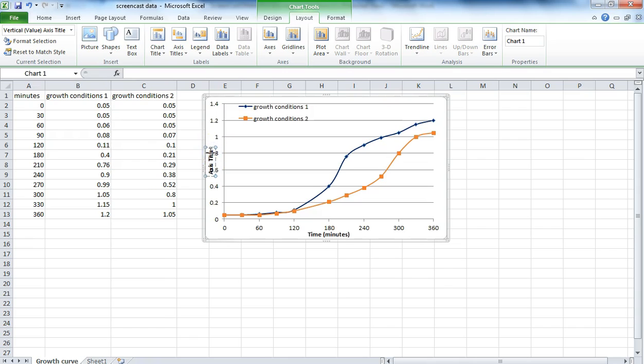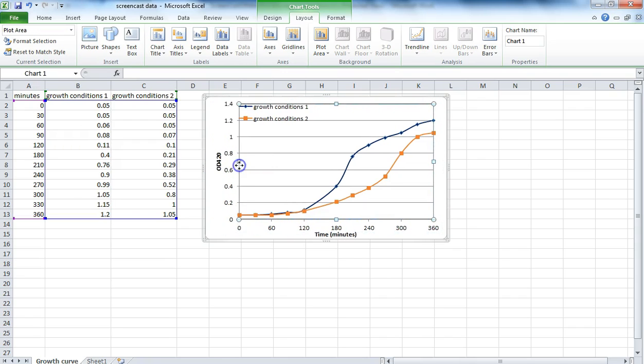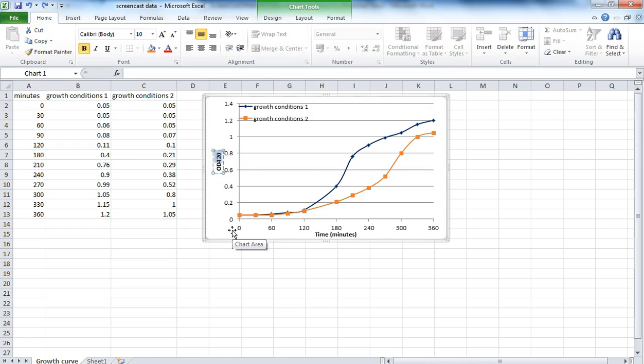And so this is going to be called OD 420. I'll squidge that in a little bit. So this is a growth curve,